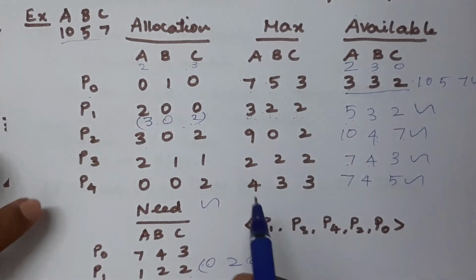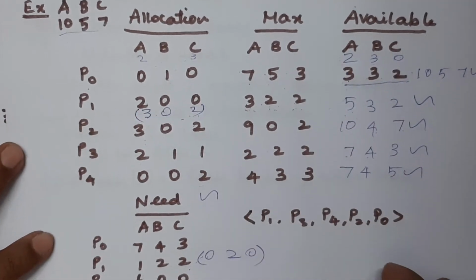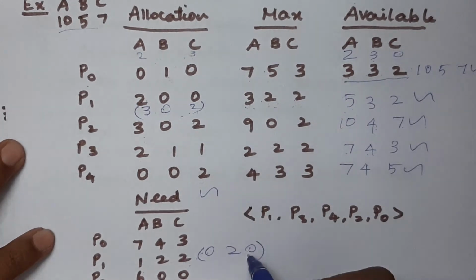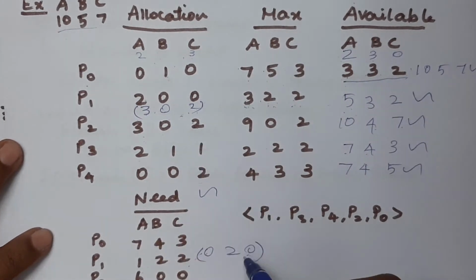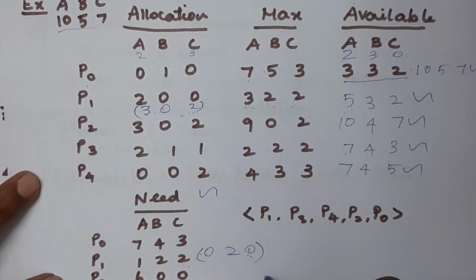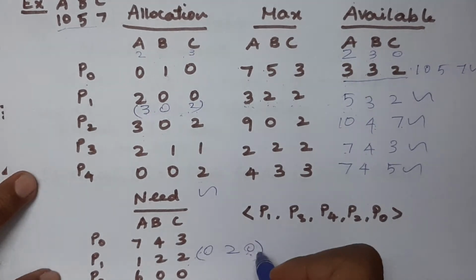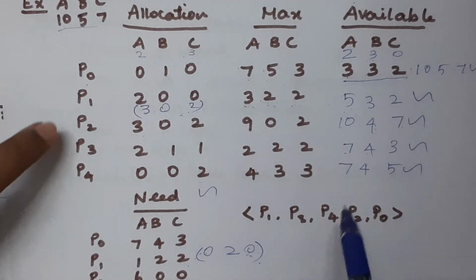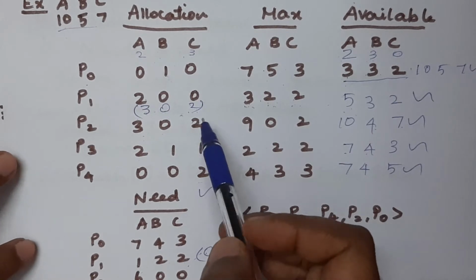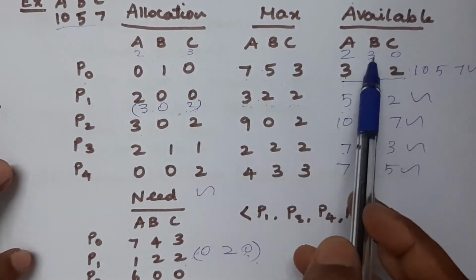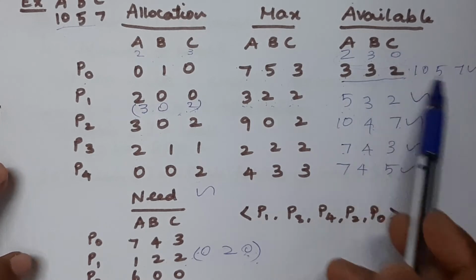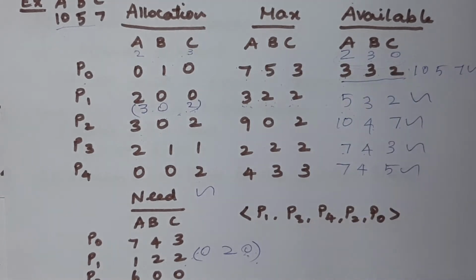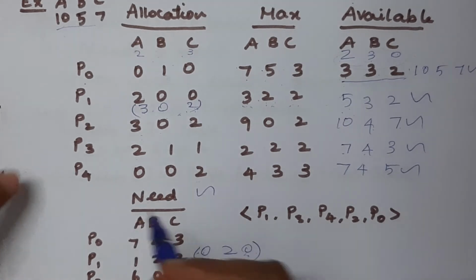So with these values, now we need to check what is the first step. First step is, if request is less than need, yes, the request value is less than need or not. So that is what we are checking. If it is less than need, okay, go to step 2. And also we are just checking whether this request value is less than availability. Okay, so now if you follow this sequence of execution, whether it will remain in the safe state or unsafe state, that we need to check. Okay, so we can check it easily.